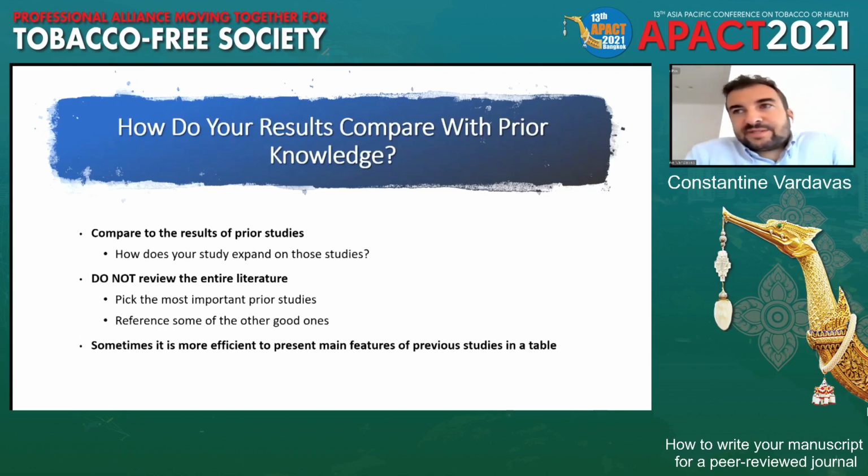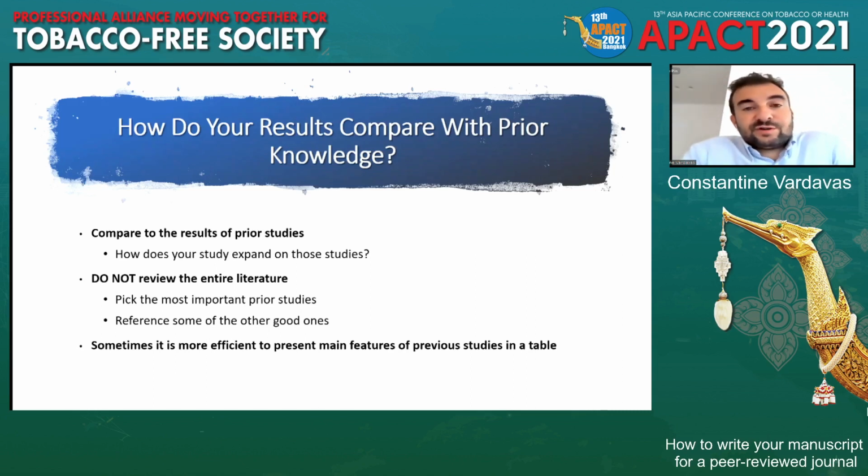A common mistake that happens here is that authors compare their study with settings that are completely different. For instance, it's not relevant to have a study performed on an island in rural Greece, and say that 67% of our participants had exposure to secondhand smoke, and you don't compare that to something completely different. So I wouldn't compare that to exposure to secondhand smoke in Thailand or Australia or the US. It's very different. You may compare it to another region of Greece, for instance. That would be more logical.